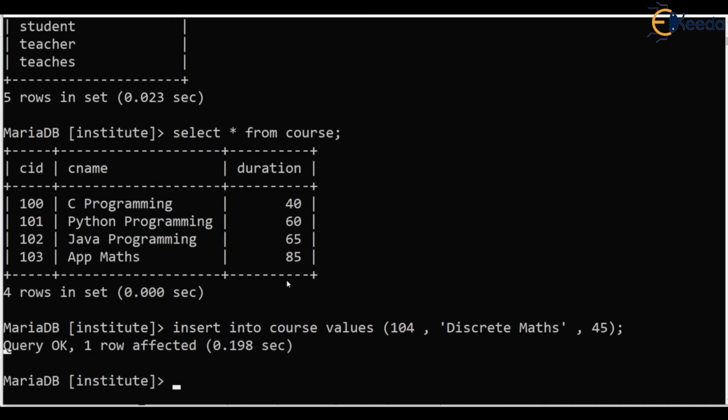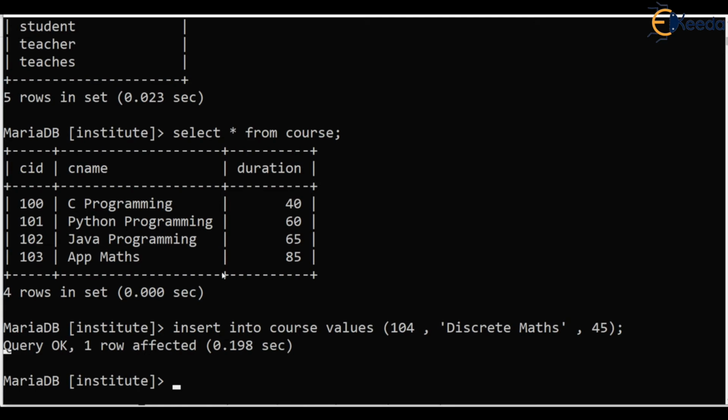One row is affected, that is, one row has been inserted successfully. So now we have courses from 100 to 104. There are five rows in the course table, and we have set the duration of the new course as 45. Discrete maths is the name of the course, and 104 is the course number given.